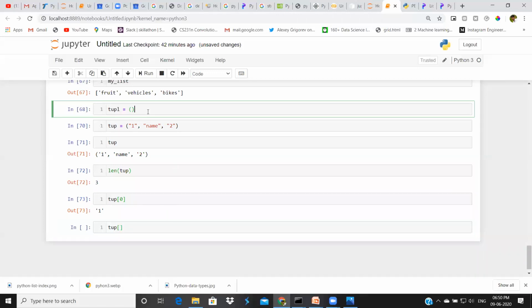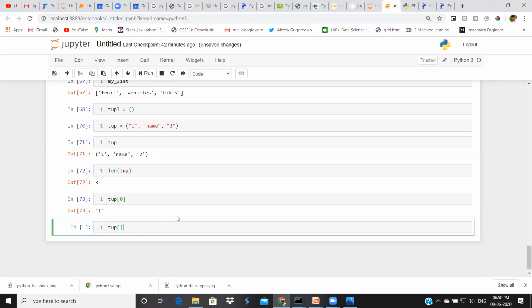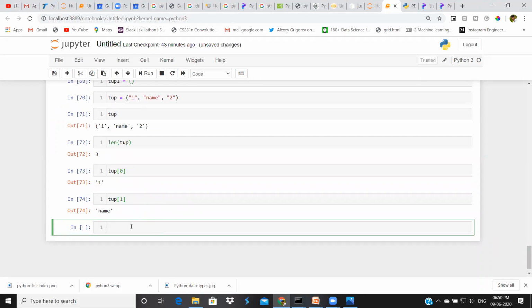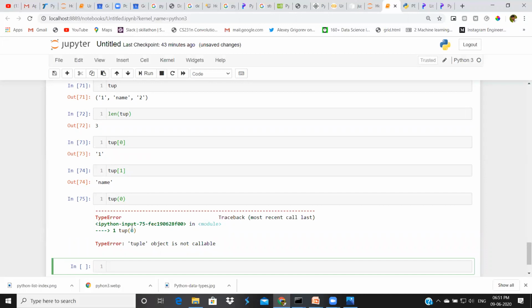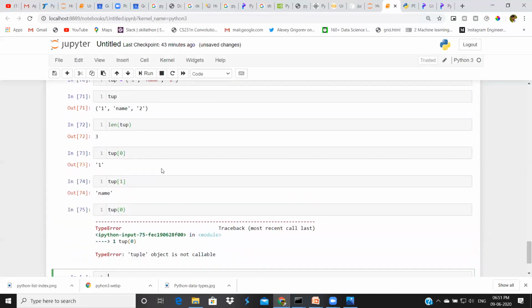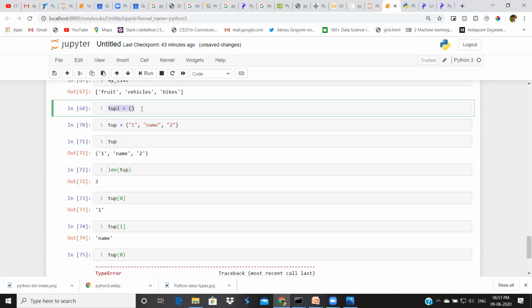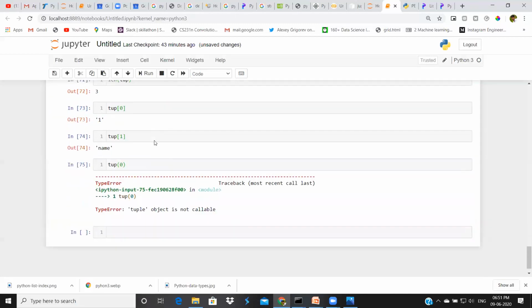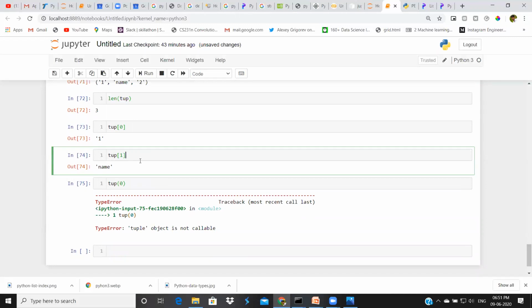But when you are defining a tuple, we have to use round brackets. When extracting an item from a tuple, we have to use square brackets. If you do it the other way, this will throw an error. This is a small difference.